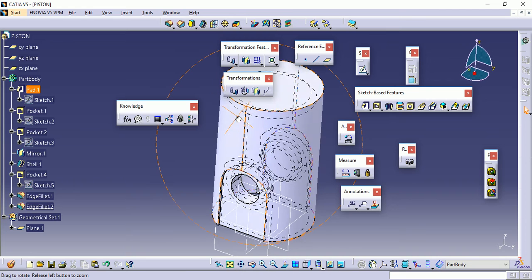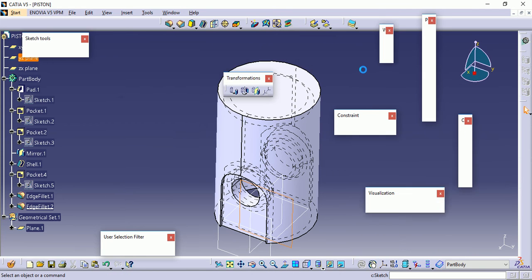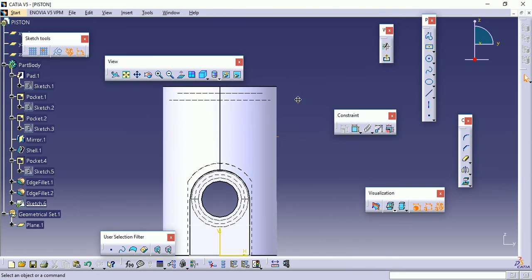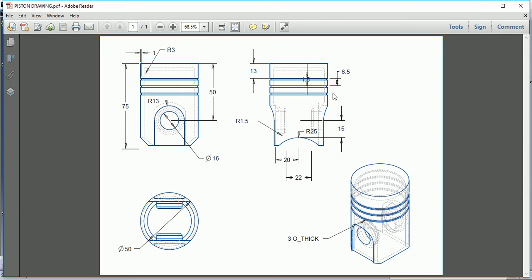Now finally, we have to create the rings on the piston head. So for creating the rings, here we have a command called revolve. Revolve rotates the profile to create a circular cutout or a circular solid feature. Now again, to create the profile, the dimensions are mentioned here, like the height is 1.5. Again, distance from the top edge is 13 and the width is 1.